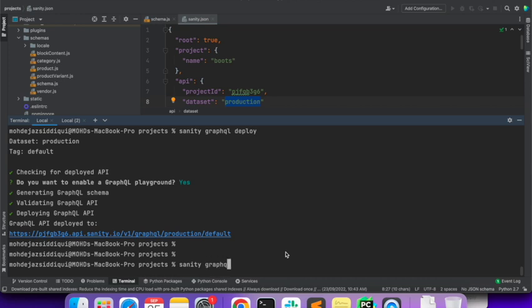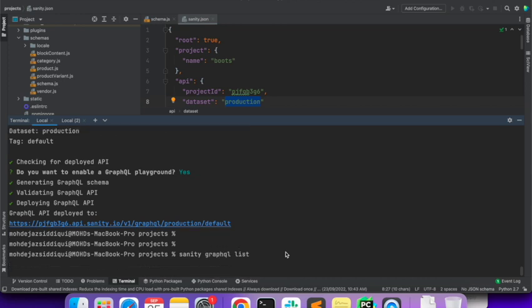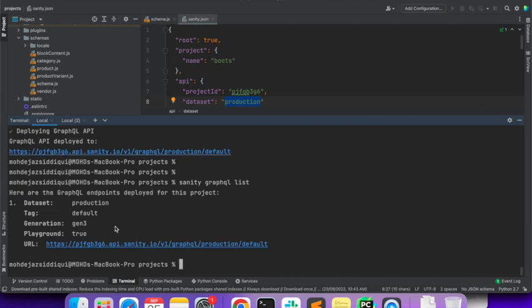I'll first show you GraphQL list. Over here you can see we have only one endpoint with tag as default. If we don't give any tag name, it will be default. Now if you want to deploy another